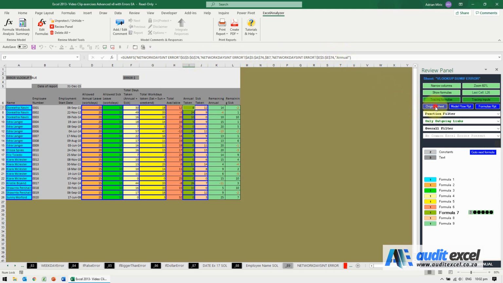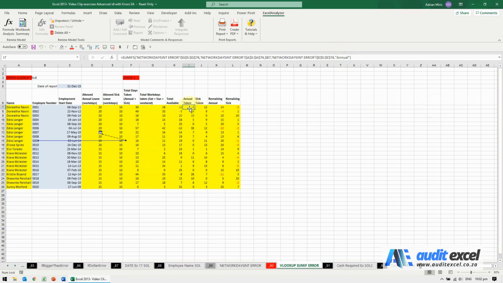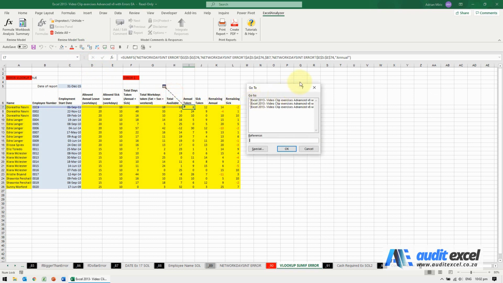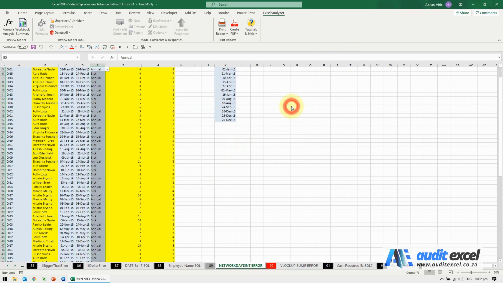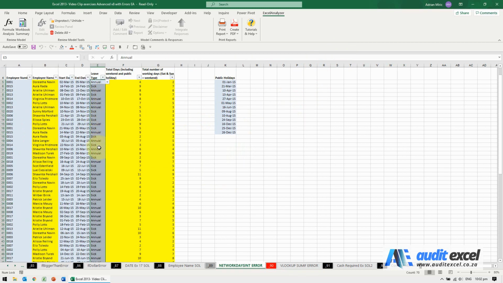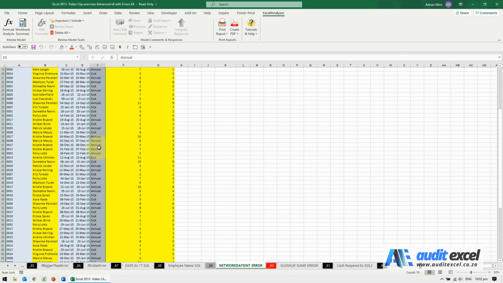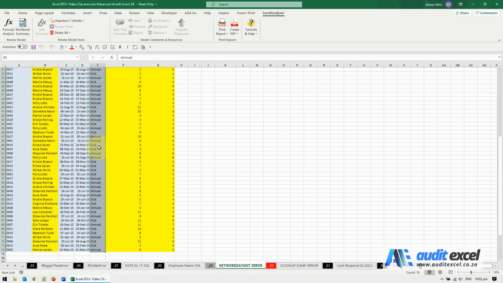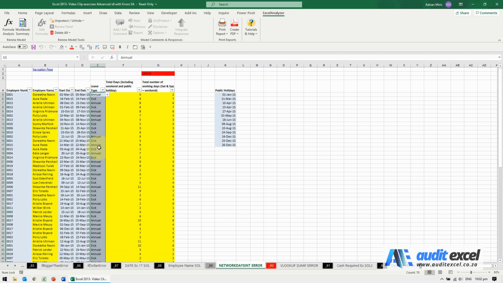So again, I'm going to go click on the original sheet. It takes me there. It's saying go look, and the one we're interested in is this one here. So let's go see. We go to that criteria, and if you look there, it does seem to have the word annual. So you would need to look and just make sure that they're all spelled the same way, and there is no risk that because of the way it's been set up, the hard-coded text, it will not find perhaps the correct information.